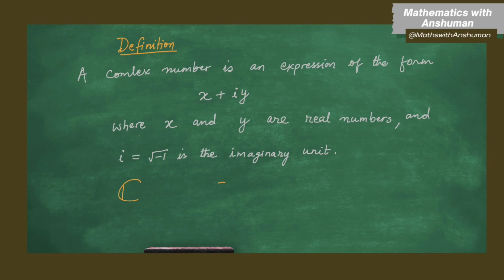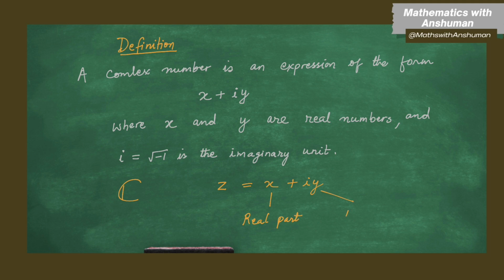It is a small letter z, and this notation is just a convention universally accepted. There is no fixed rule, so you can also say that a is a complex number and a is equal to x plus iy, but simply we say that z is equal to x plus iy, which is a complex number. Now in this complex number, x is called the real part